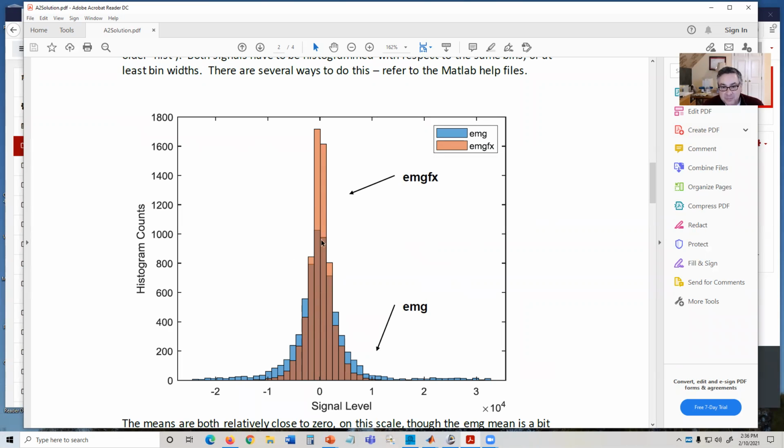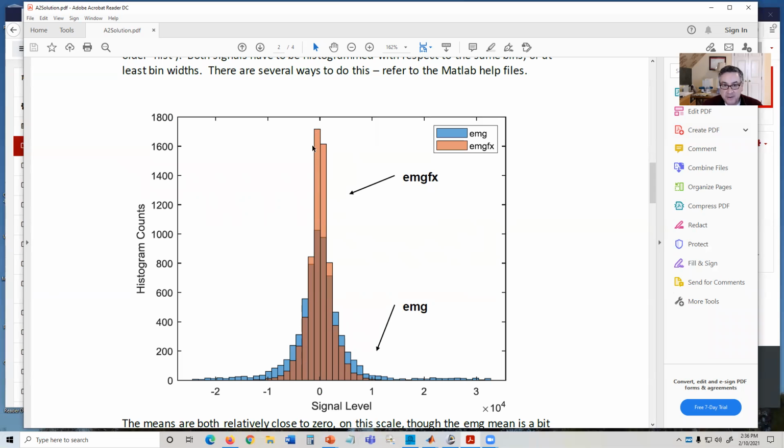So do it this way, and look at MATLAB help files, right? One of the things I'm always saying is don't just rely on the default behavior of a MATLAB function. You can manipulate them in a lot of ways, and so there are ways, for example, to get both of these histograms with the same bins, okay? And doing that makes a much better, more meaningful comparison. So you see that